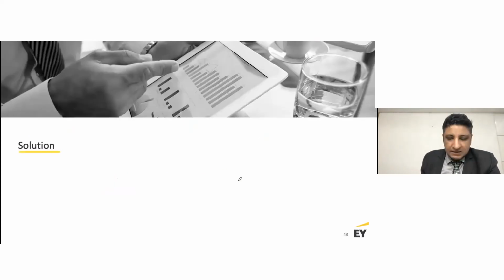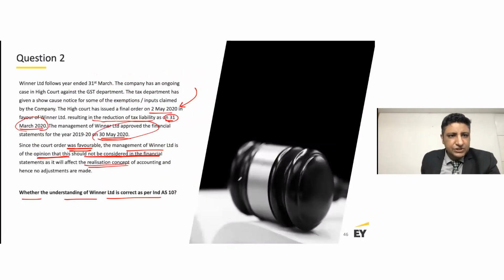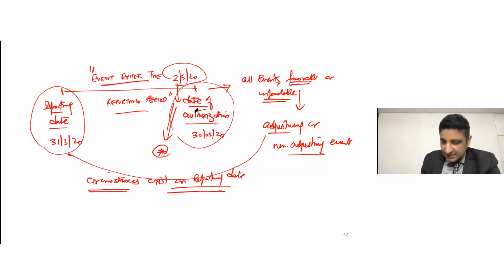Of course, let's go back to the question. The information provided says that it has been an ongoing case for the company, Winner Limited, which means that on 31st of March 2020, those conditions or circumstances existed that this event can take place, which simply means that this is a classic example of